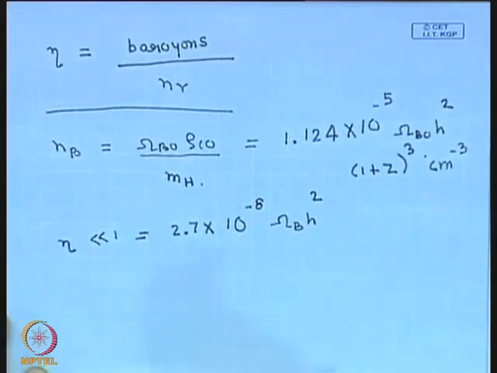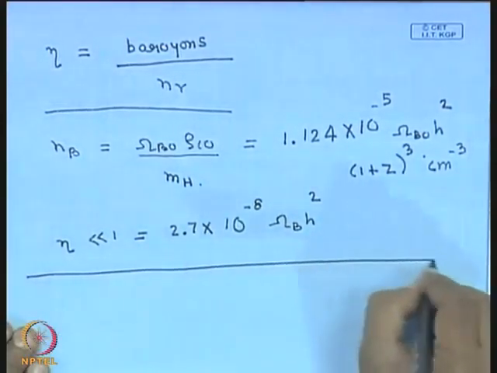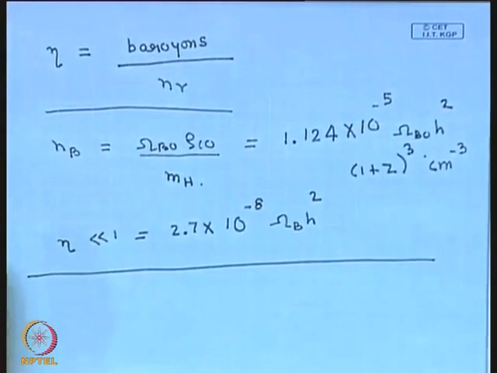Okay, so you see what we learn from this: the entropy of the universe is largely in the photons. The heat contained in the baryons is extremely small, in the universe at present or at any epoch. The entropy is extremely small in the baryons. It is mainly in the photons.